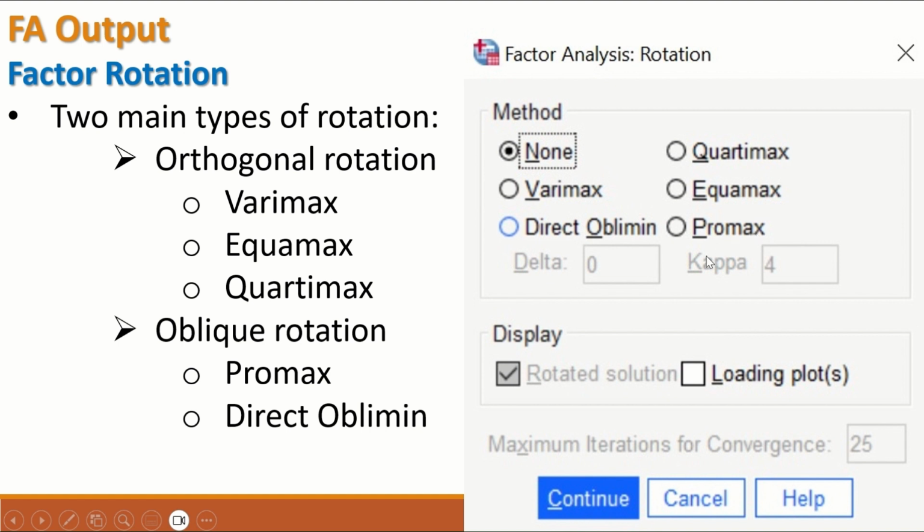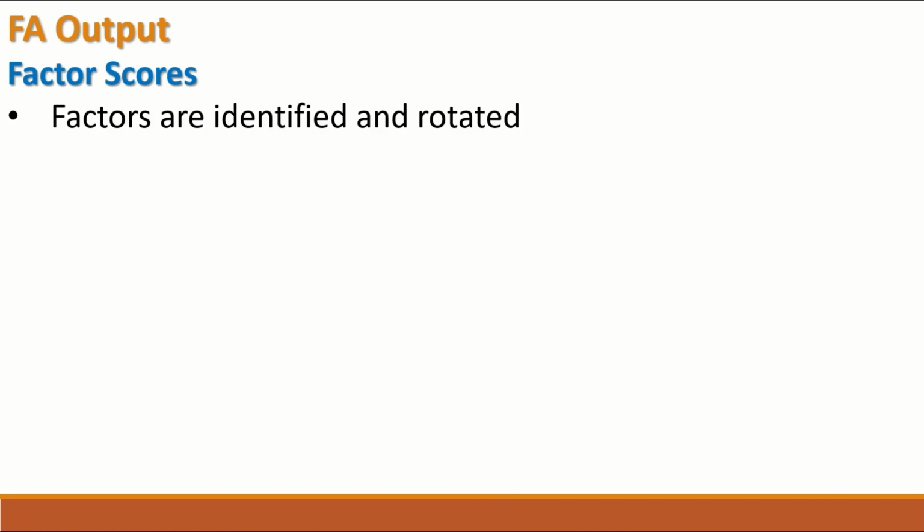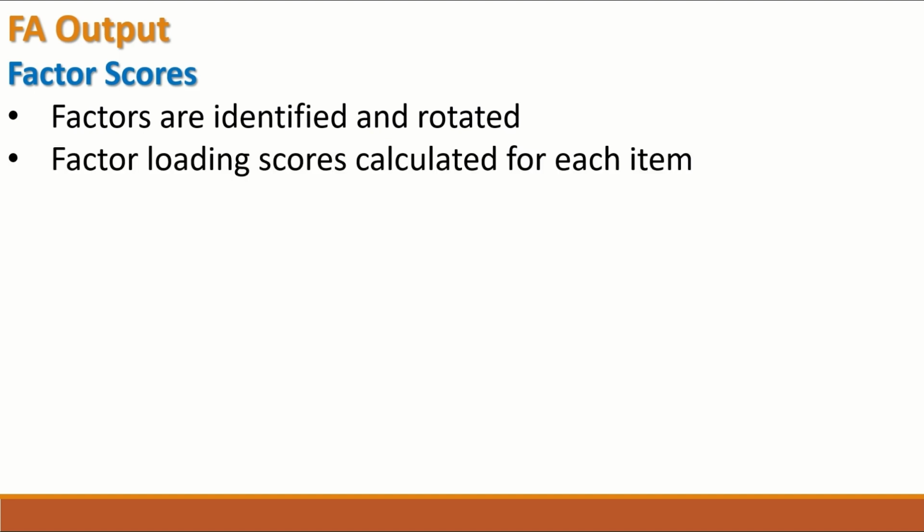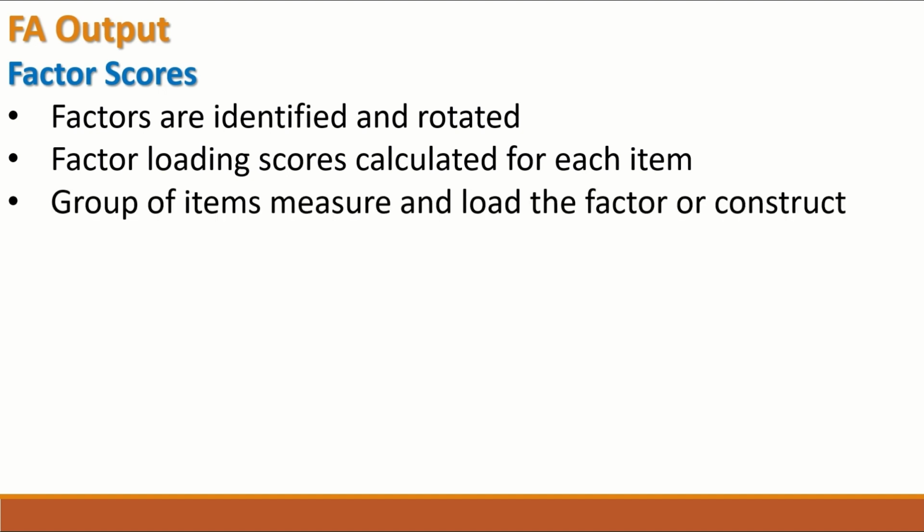This can be done in SPSS. An output from the factor analysis will generate factor scores. Once these factors are identified, rotated, and the items that load into these factors are identified, then factor loading scores are calculated for each item, and the group of items that measure and load into the factor or the construct are also identified. So a group of items will measure the factor or the construct, or load into the factor and